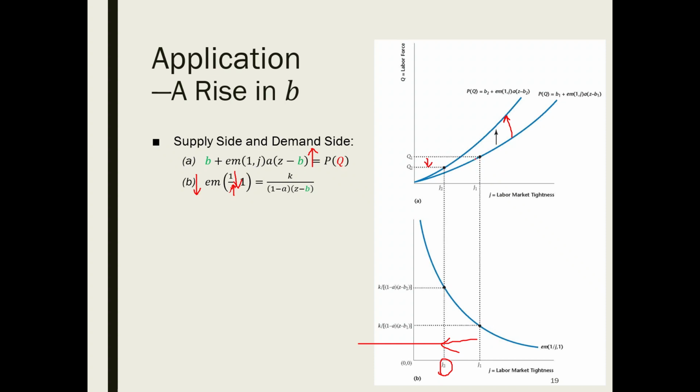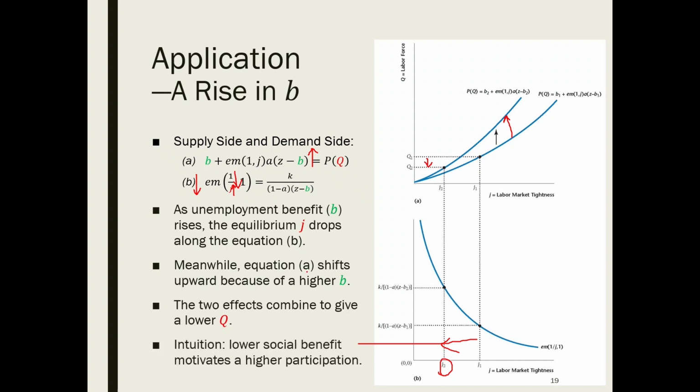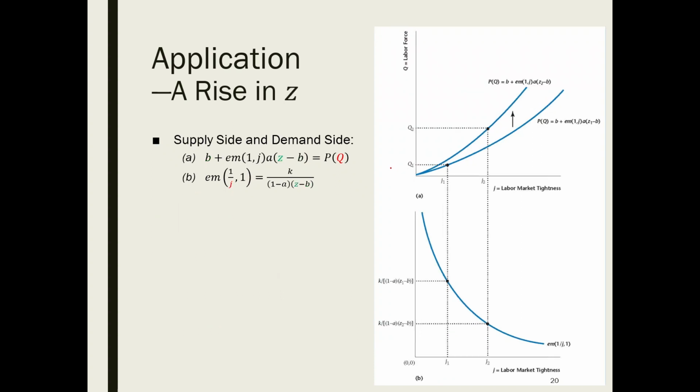In other words, when unemployment benefit B rises, fewer people are actively searching for jobs. This change is intuitive. If you want more people to participate in the labor market, a government should not set a high social benefit, because a higher unemployment payment will motivate people to stay at home rather than going out to work. Now let's look at the second exogenous variable,